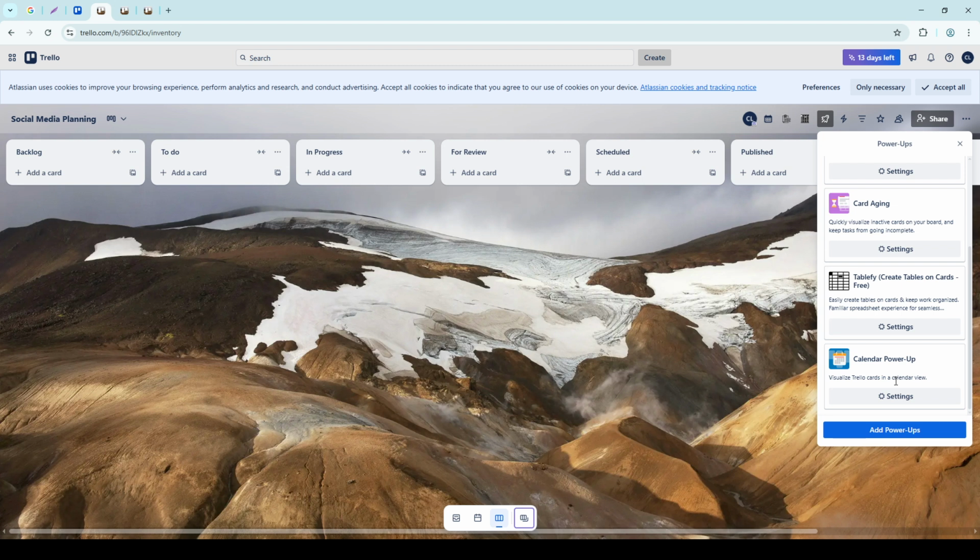Track important metrics, such as engagement, reach, and website traffic to see how your content is performing. This will give you the insights necessary to make informed, data-driven decisions moving forward, helping you continually refine and improve your social media presence. And there you have it, a simple yet effective way to use Trello for all your